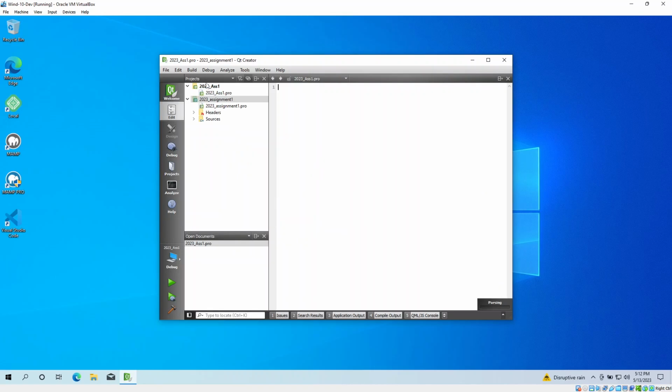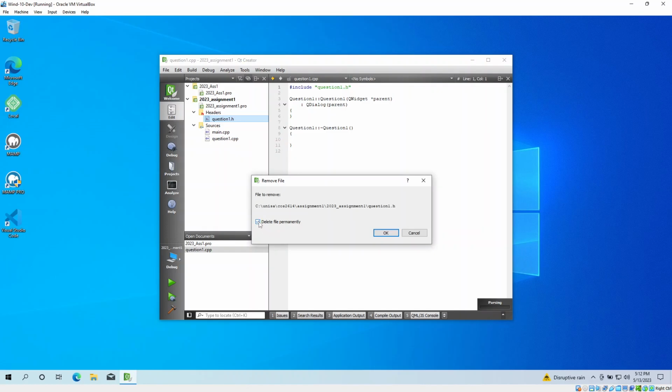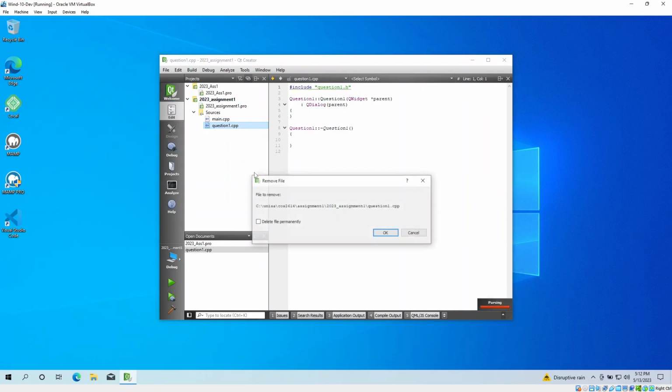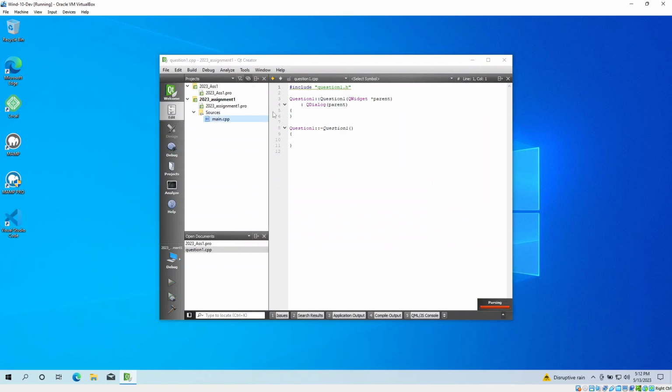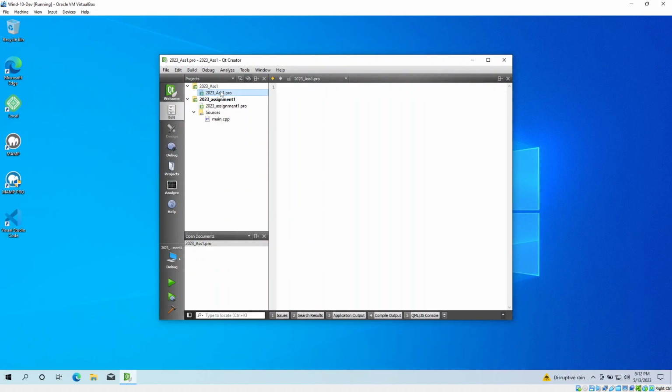And now you'll see there's 2 project options here. This is the CPP main file, and this is the header file. So if you just right click on it and say I want to remove this file, okay, you can say yes, I want to delete it permanently. I don't want any header file, and I also don't want this one, so I'm going to say remove file, delete, and permanent. Okay, I'm just going to say close all. Okay, and on this one here I'm going to actually close this project, so I'm going to say close project,